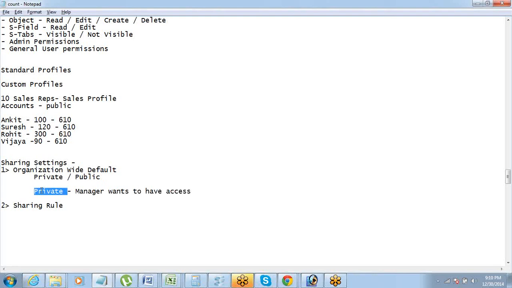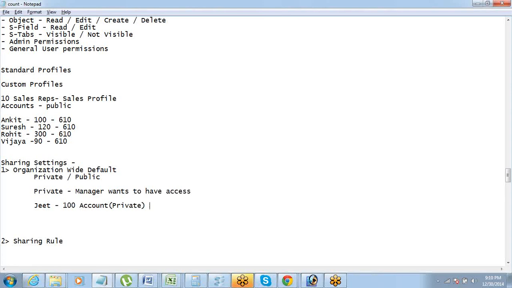I told you that if the data is made private on OWD, only the owner will get to see it. Which means if I own 100 accounts and they are made private, I will only see that data. No one in the company will get to see those accounts.